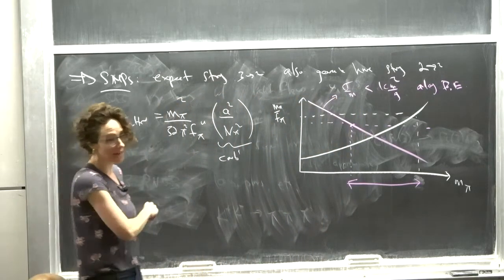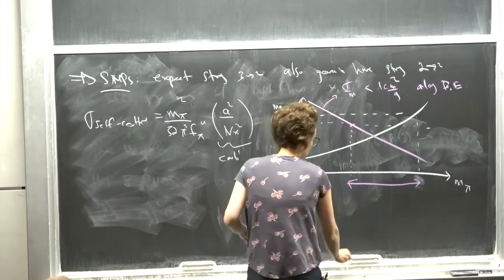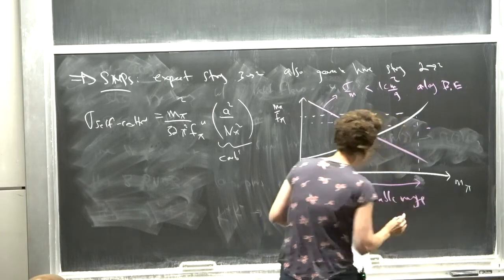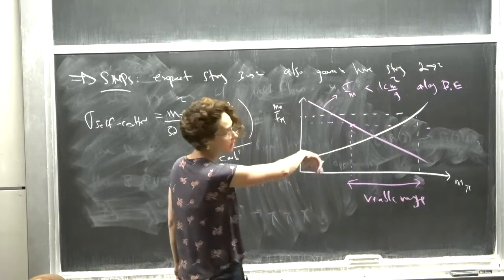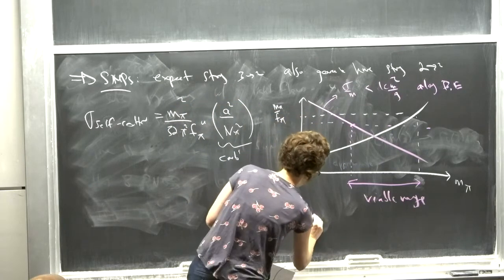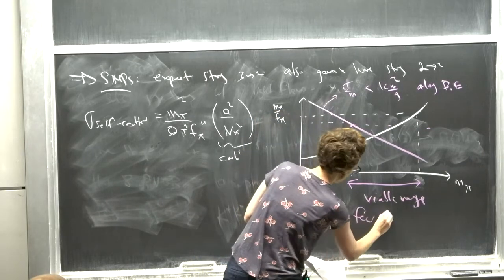So my self-scattering is giving me a lower limit on my dark matter. This is telling me where I have a viable range. And we work out the numbers for many of these different gauge groups, and what always seems to come out is that the mass of these dark pions is typically of order a few hundreds